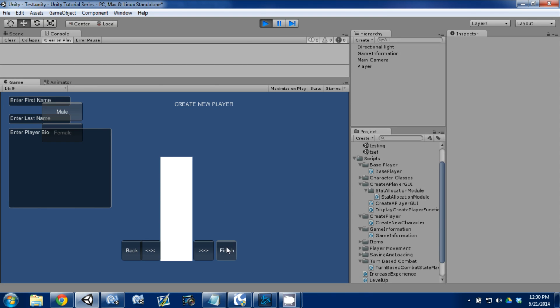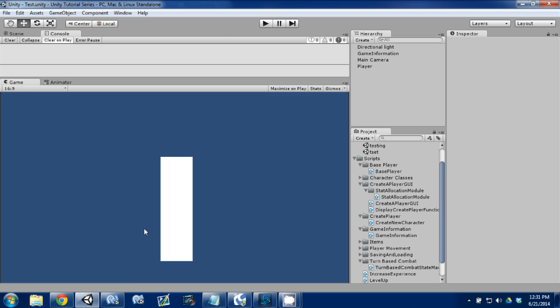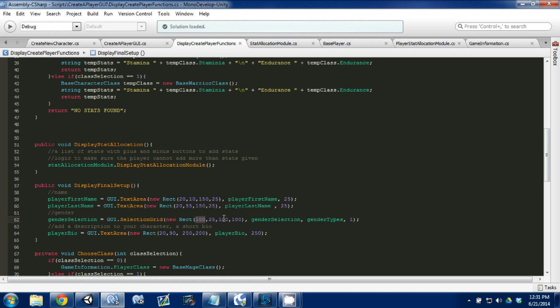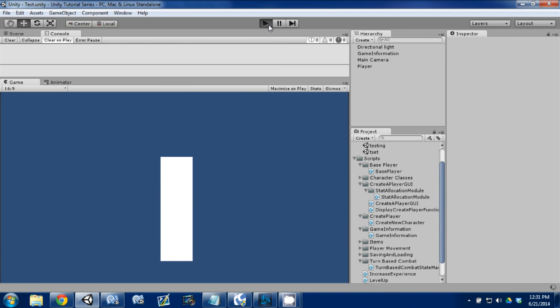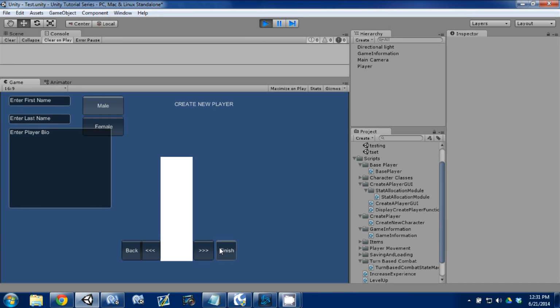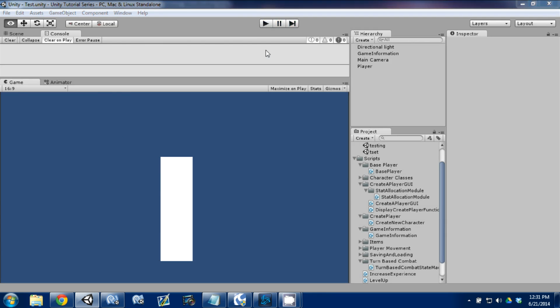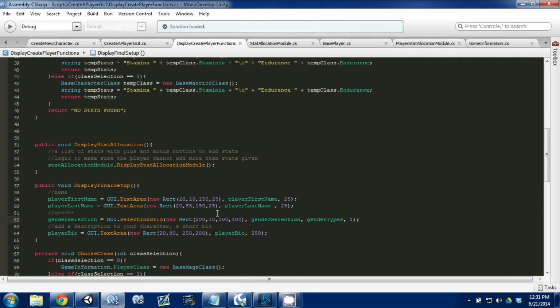We're going to hit next, next, and we see we have our 2 buttons. So basically we're going to move it up to 10, and we're going to shift it over another 100 points. So instead of 100 here, we're going to set it to 200. Instead of this being 25, we're going to set that to 10, and 100 seemed like it was good for those buttons. So we'll hit play, next, next, and it's almost good. We need to either move the player bio down or make these buttons a little smaller, which is what I'm gonna do. So instead of 100 long, we're gonna make it